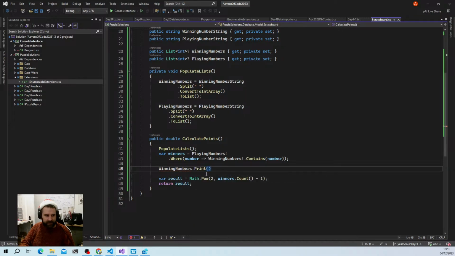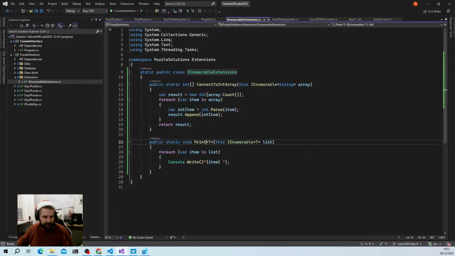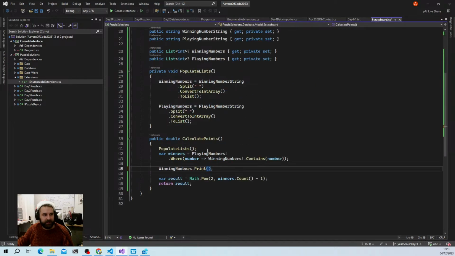Do I need to say, will it get the type? Yeah, it will. It knows. So I don't actually need to give it the type argument because it puts that in for me automatically. Here we gave it a type argument; we said it could be an integer, a string, or a double. This is just going to put it in for us, which is fine. So winningNumbers.print, we're going to say